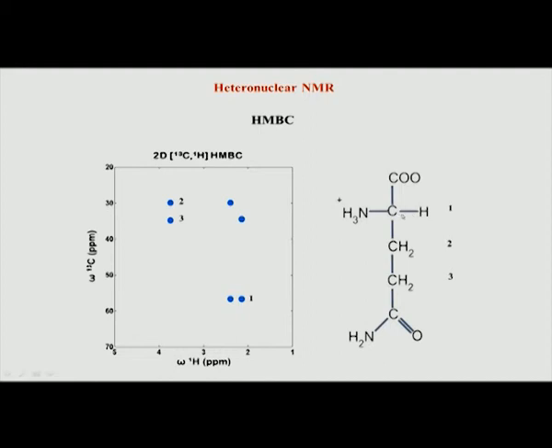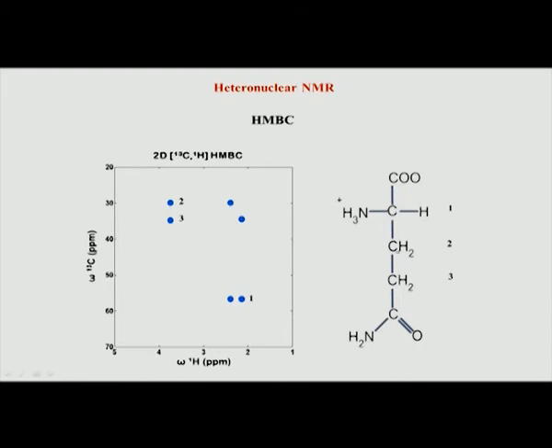Because the strong coupling means this pair we have already got from HSQC, we do not need another experiment to give the same information. So, this HMBC was designed to get information on longer range coupling. We will see shortly how that helps to resolve some ambiguities, but HMBC works by going to 2